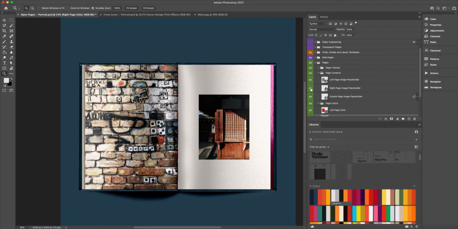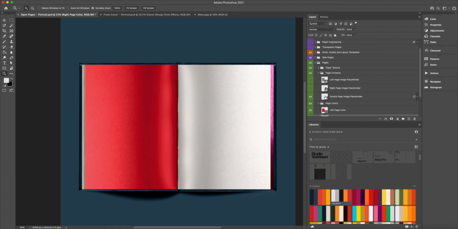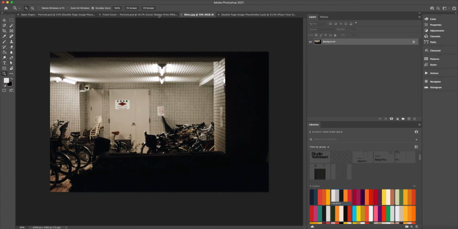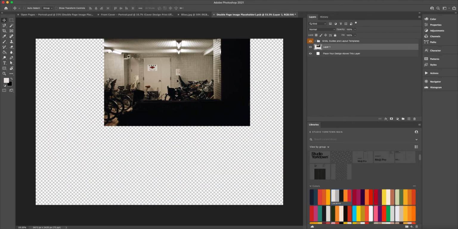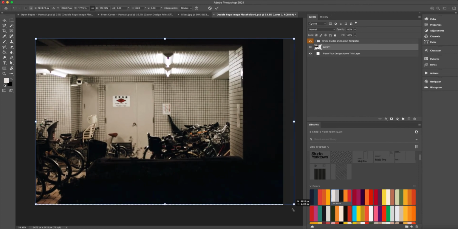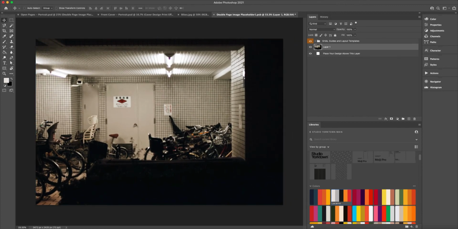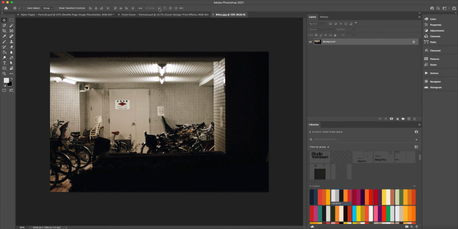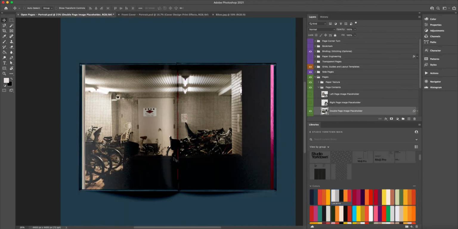Now the double page spread basically does the same thing as before. I'm gonna copy this image across to the double page and scale this to size so it spans both pages. Click and save. And now you can see we've got our image spanning